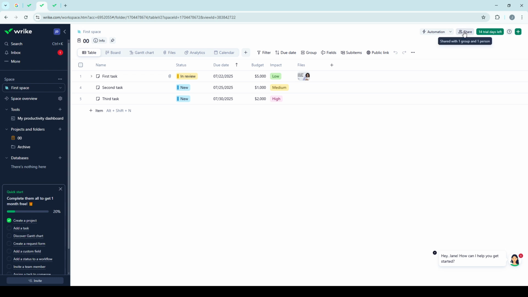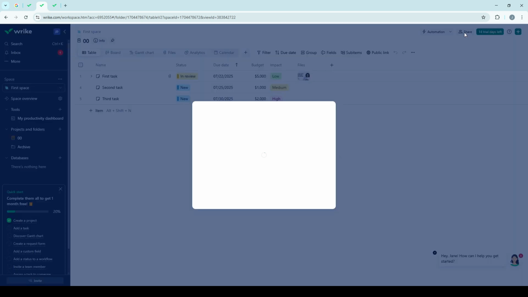and tasks. Once you've selected your desired space, notice near the top right corner of the screen, there's a button labeled Share. Clicking this will open a world of options, allowing you to tailor access and collaboration settings for your team. Now that you're in the Manage Members and Sharing section, use the search field provided to find the user